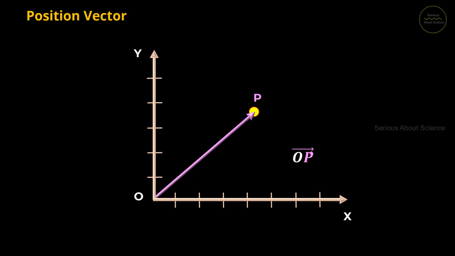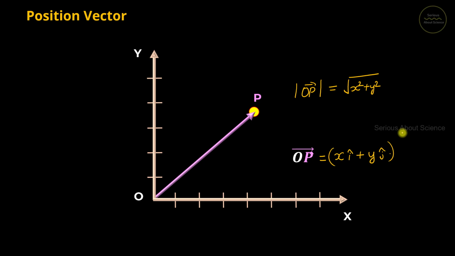Again I am repeating, position vector is any vector which gives the position of an object with respect to the coordinate system. Position P can be expressed in terms of both the x-axis and y-axis. So if it is at a distance of x units along the x-axis and y units along the y-axis, we can represent this position vector as x i cap plus y j cap. So that is how you represent a position vector. And if we need to find the magnitude of the position vector, we represent it by modulus of vector OP. And this magnitude is given by root of x square plus y square.